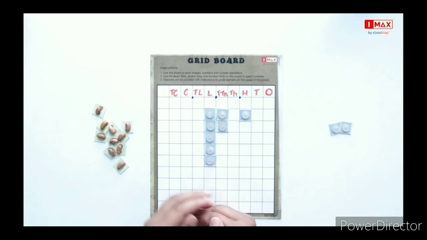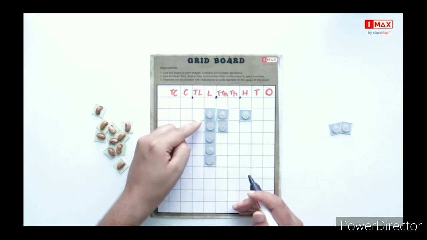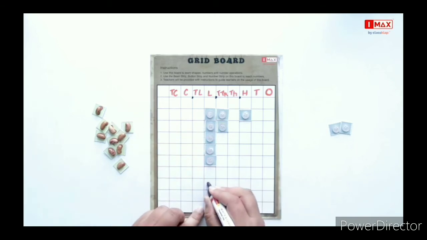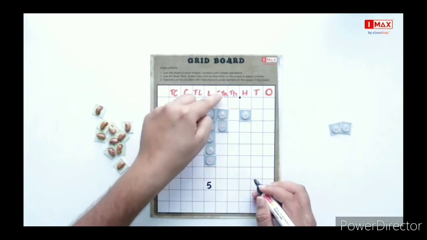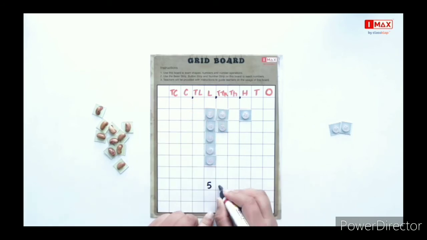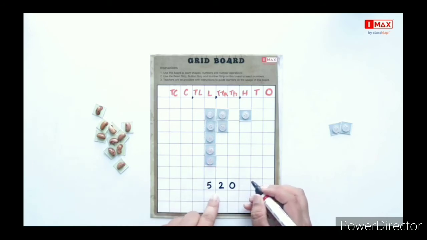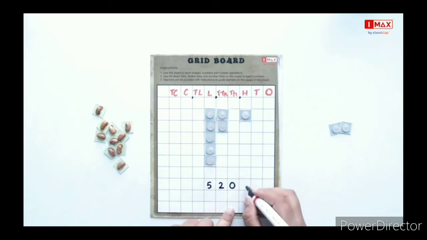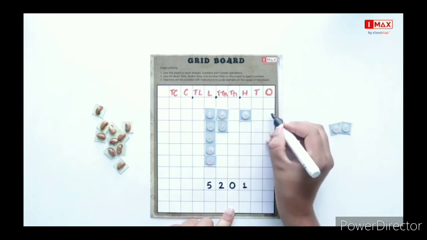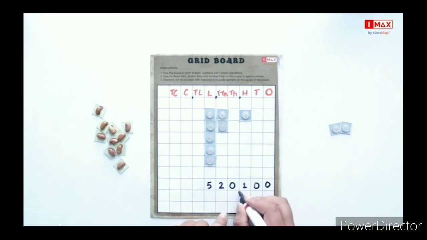Let us now write the number that we have represented. So we'll count the number of buttons: 1, 2, 3, 4 and 5. This represents 5 lakh. Then under 10,000s there are 2 buttons. There are no buttons in thousands. So 2 10,000s make 20,000. Under hundreds we have 1 button and no tens and no ones. Let's now put the commas. So now we have represented the number 5,20,100 using the buttons.